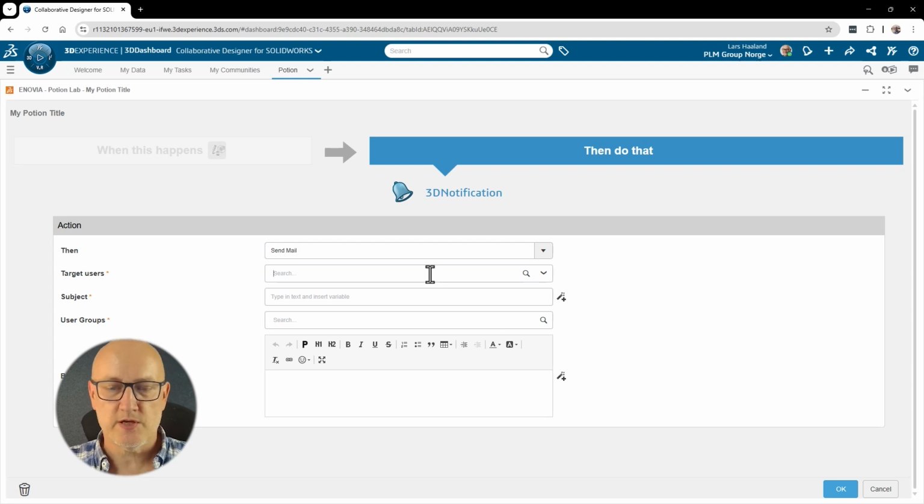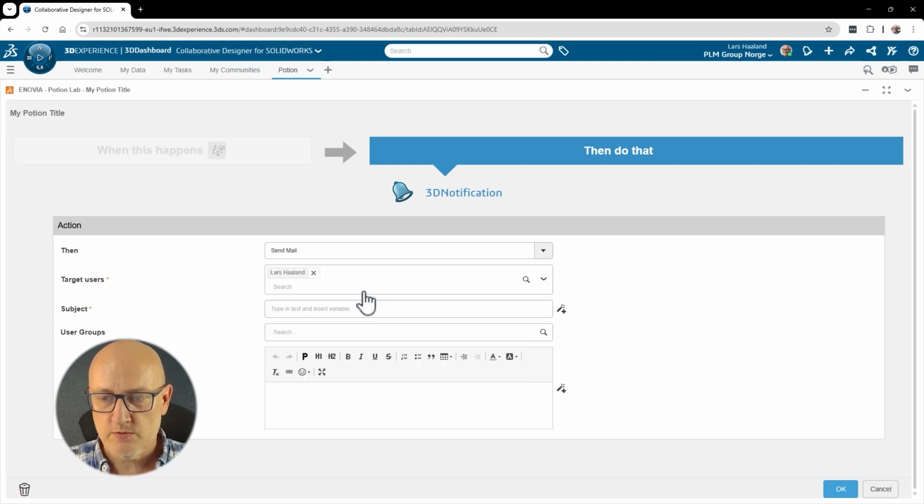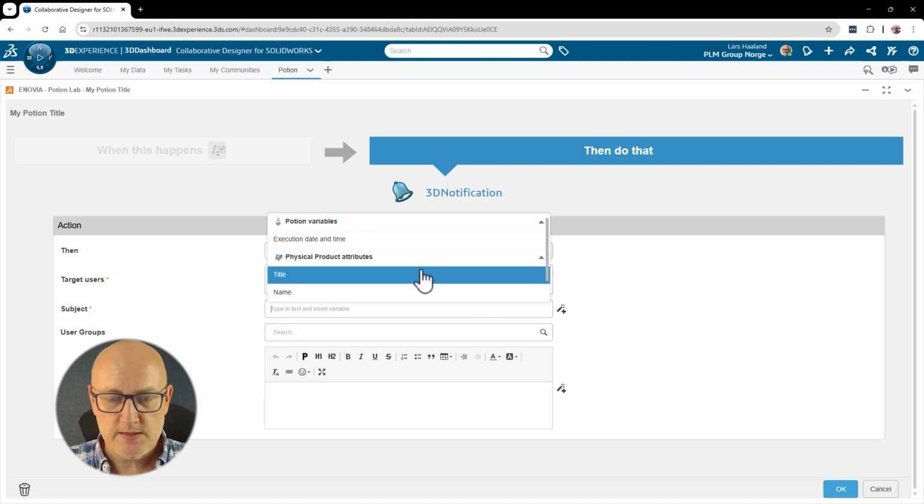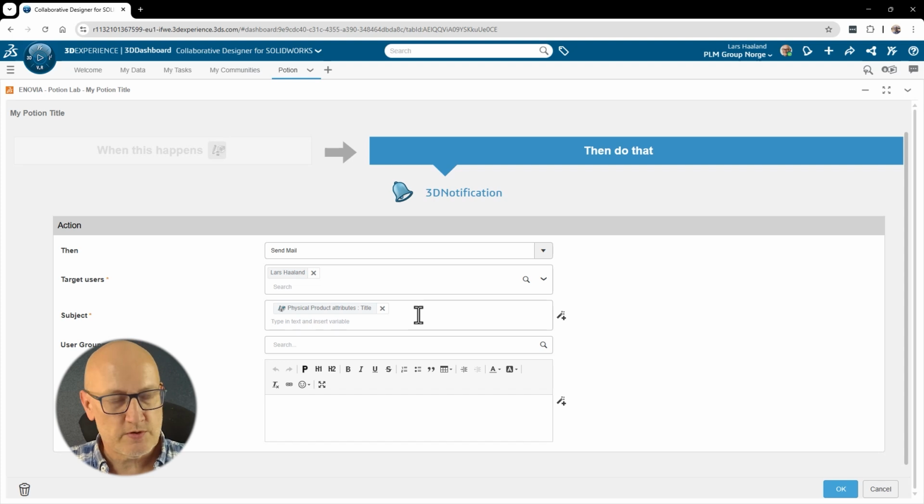We can also send a notification by regular 3DEXPERIENCE notification. That will send you a notification inside the dashboard. In this case, we will create a mail because we are not logged into the platform every day, perhaps. I can insert some more information here. As you can see, you can type in different things,